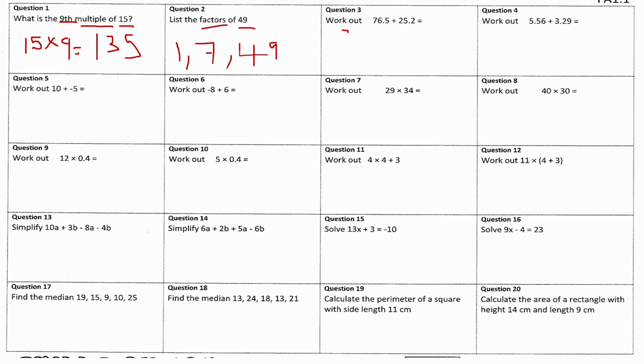This is question number 3. We are adding decimals, so I'm putting everything under the correct place value when I answer these questions. So make sure that everything's under the correct place value. 5 add 2 is 7. Put my decimal point there. 6 add 5 is 11. Carry this extra 1. 7 add 2 is 9. Add this extra 1 is 10. So my answer is